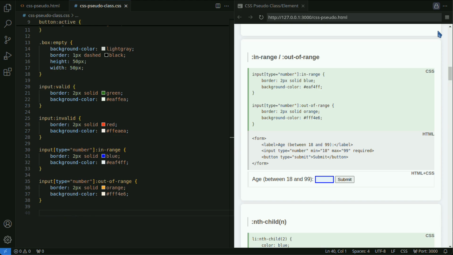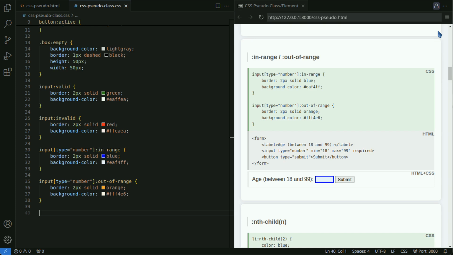In range is a style applied when a numeric input element holds a value within a specified range. The in range style is applied when the conditions specified by the min and max attributes in HTML are met. Out of range is a style applied when a numeric input element holds a value outside the specified range.